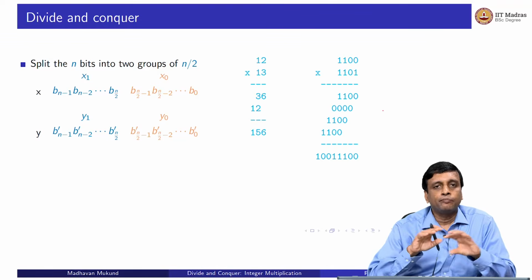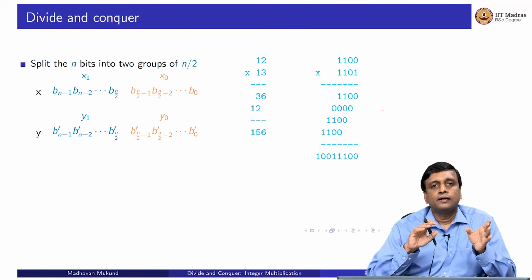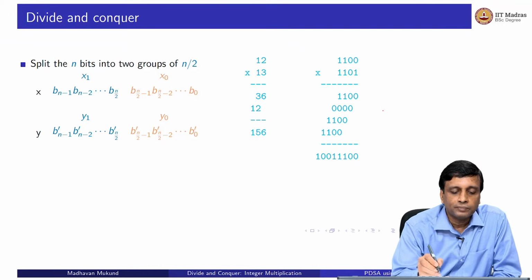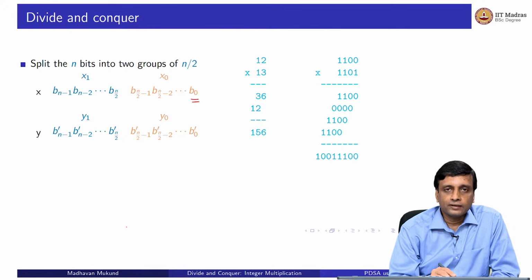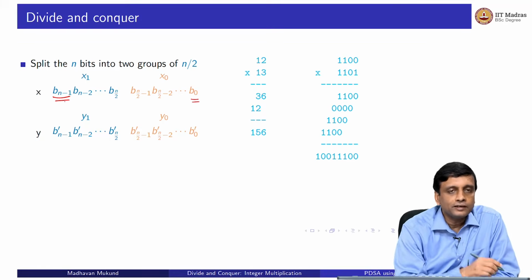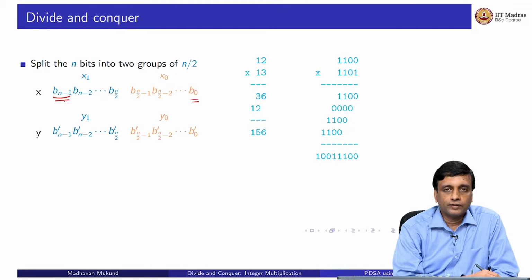Here n is the number of bits. So the logical way to split is to take half the bits and do them separately, and half the bits and do them separately. So this is what we are doing here. If we take an n bit number, the lowest order bit, that is the units bit, is usually b0, and the highest bit, which in powers of 2 represents 2 to the n minus 1,